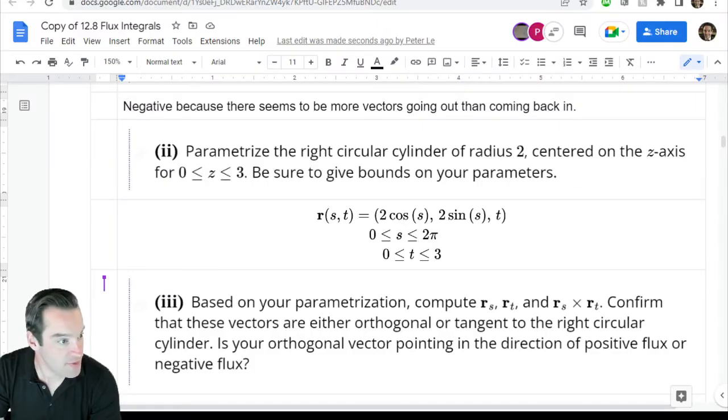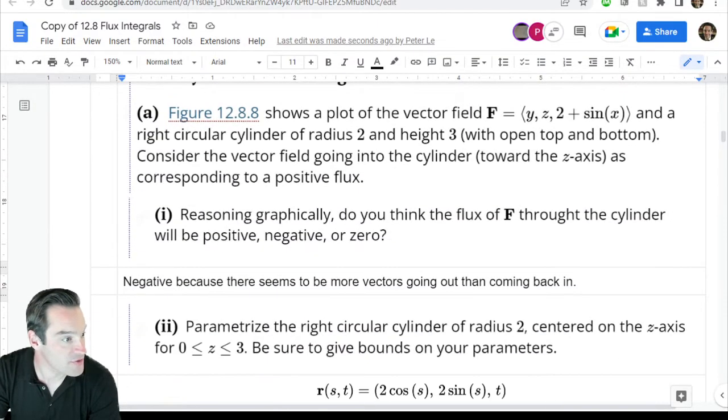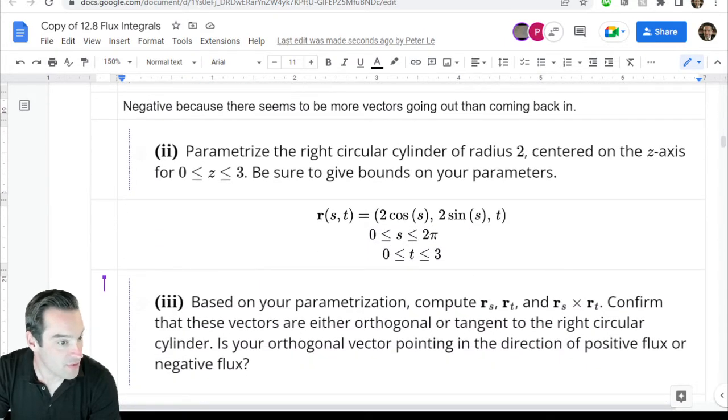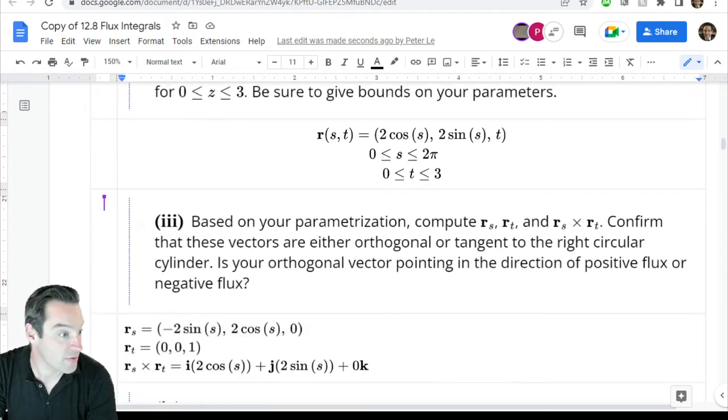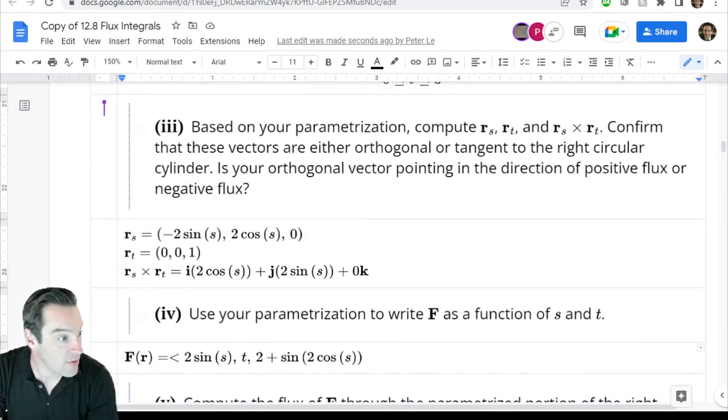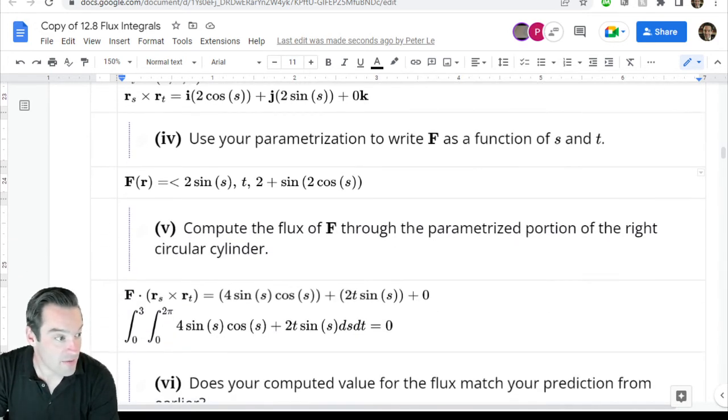You parameterized this cylindrical patch of surface using cylindrical coordinates, 2 cosine s, 2 sine s, comma t, s ranging from 0 to 2 pi, t ranging from 0 to 3. Computed the derivatives of that parameterization, and then the cross product thereof. Got 2 cosine s, comma 2 sine s, comma 0. And that 0 is super helpful because when you go to take the dot product of F of r of s, t with the cross product of rs with rt,